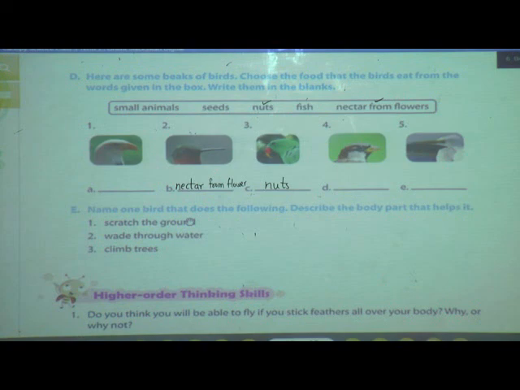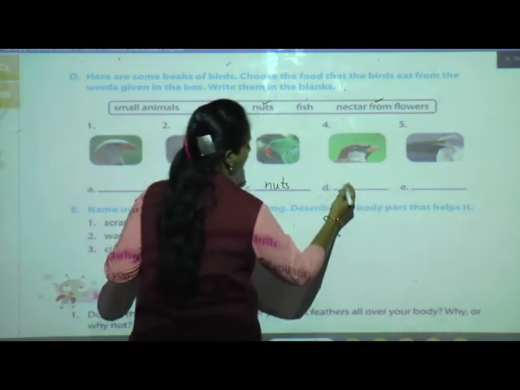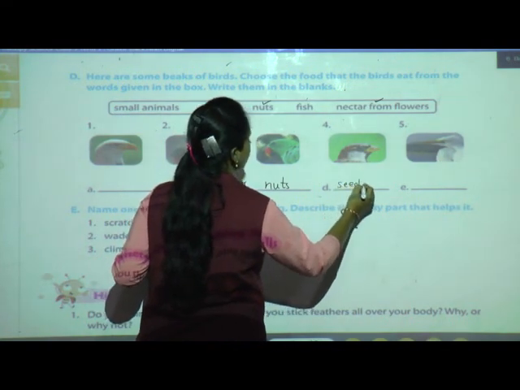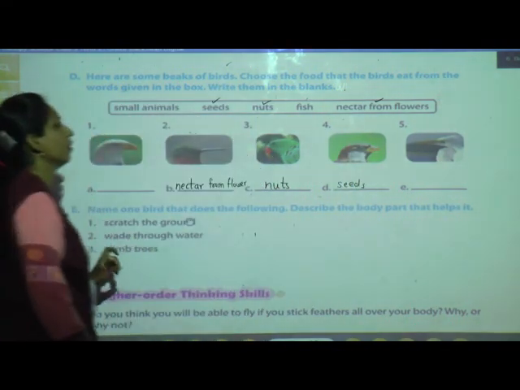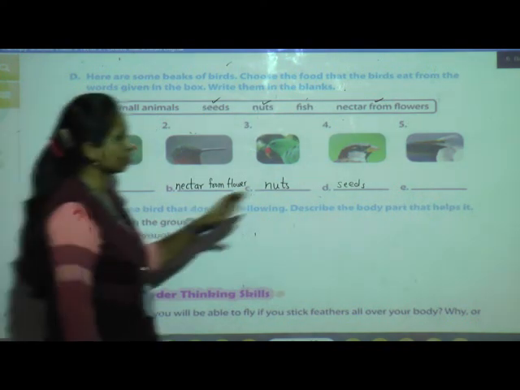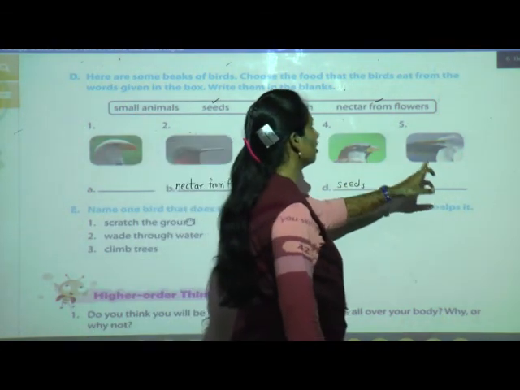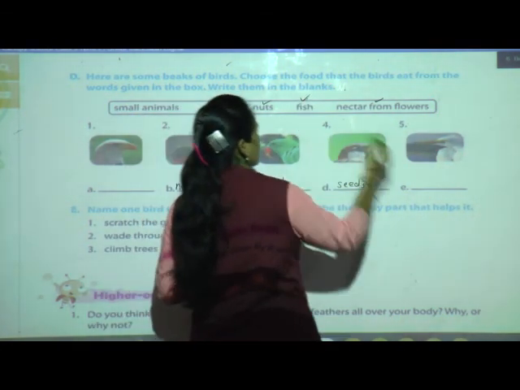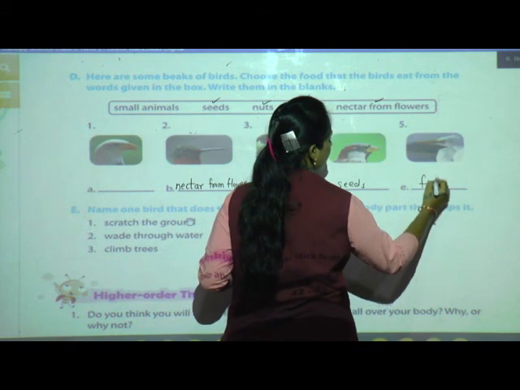Who will eat seeds, students? Yes, sparrow. You can see a sparrow. Sparrow eats seeds. Now what is left? Fish and small animals. Now see which bird it is? Crane. What does a crane eat? Fish. So here we will write fish.